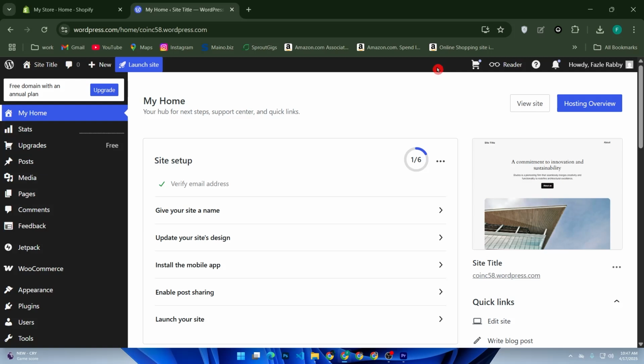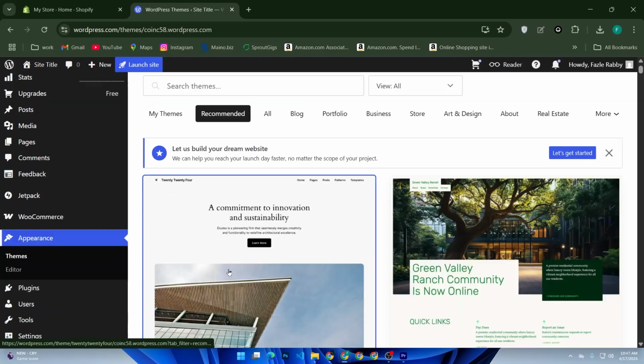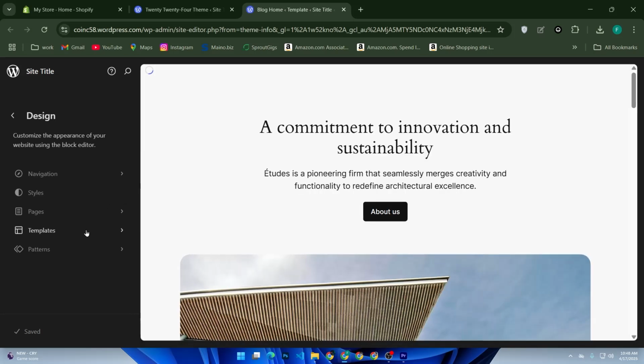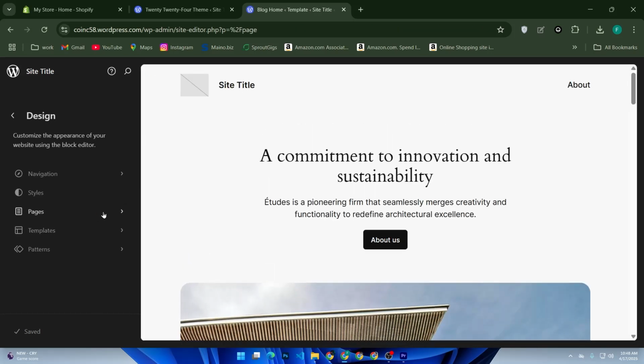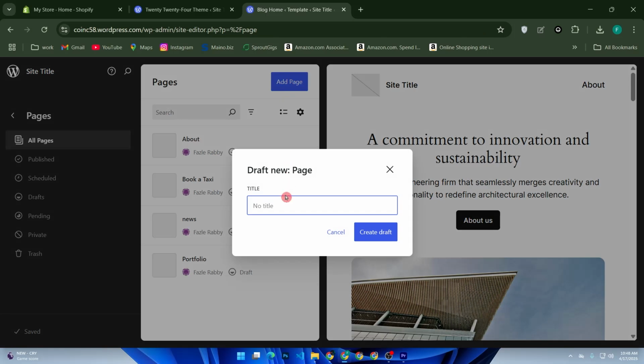Let's get started. First of all, open the page or section where you want to add your newsletter form. For that, go to Appearance, then select theme like 2024, then customize site, then pages, search or add page, right,